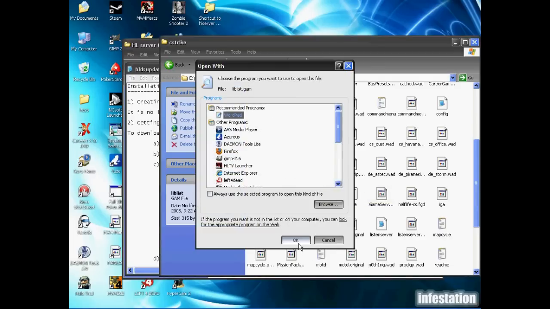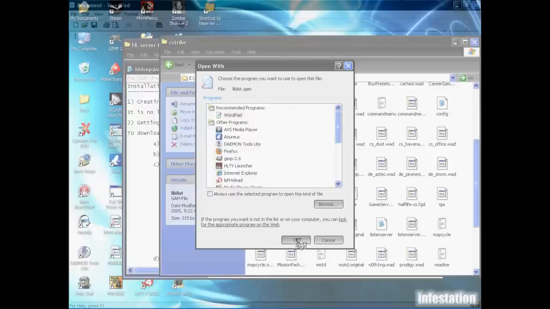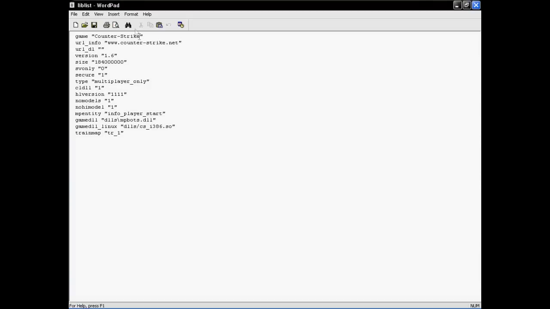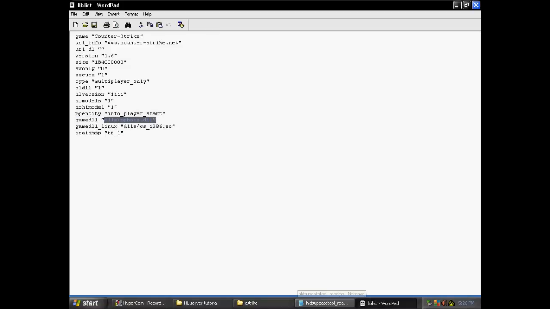There it is. So we're just going to open that with the regular word processor. So we're going to use WordPad for this one since it's popping up right away. And what we're going to want to do, because this is a Windows server, we're not going to modify the Linux line, but we are going to modify this line here, which is game.dll, dll/mpbots.dll. So we're actually going to change that. And what we're going to change it to,